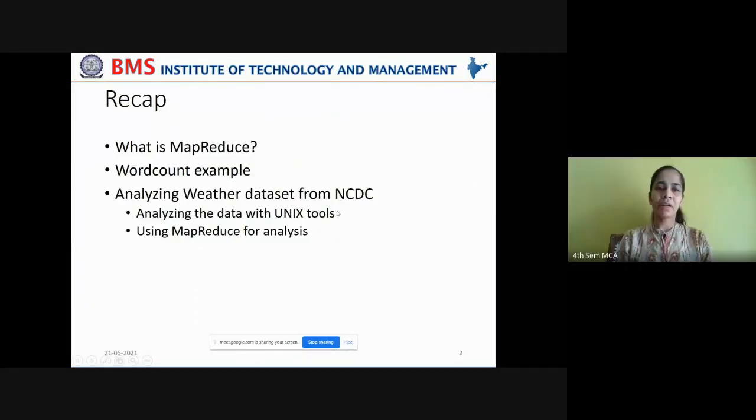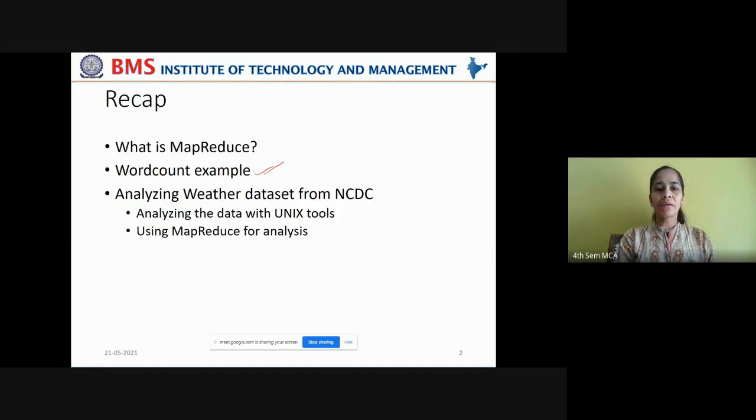Yes, ma'am. Right. So in the last class, we have seen what is map reduce, and we understood it very well in depth by using a word count example. This is a famous example which helps us understand this map reduce framework at a smaller scale by taking simple text and trying to count the number of word occurrences in that text.